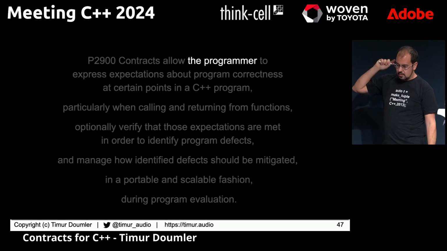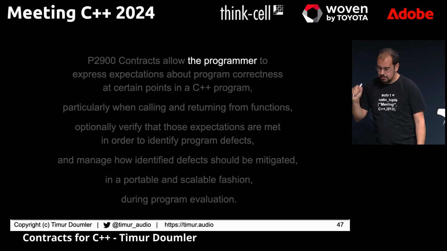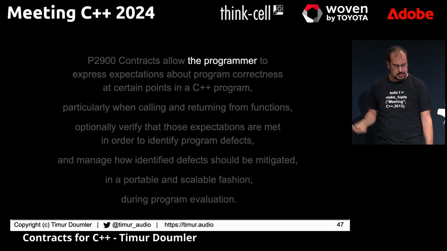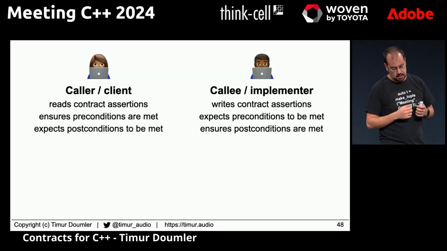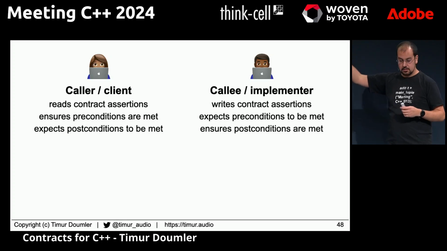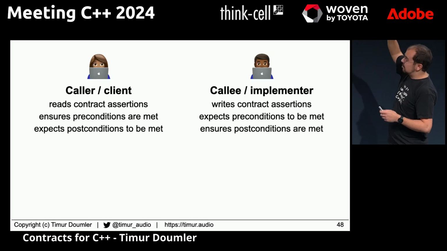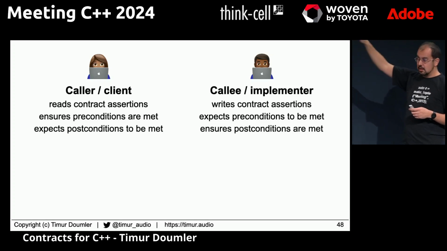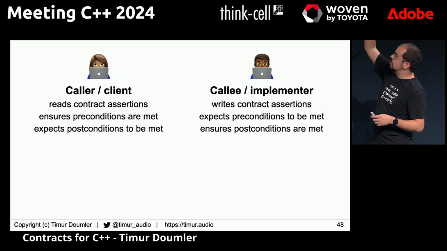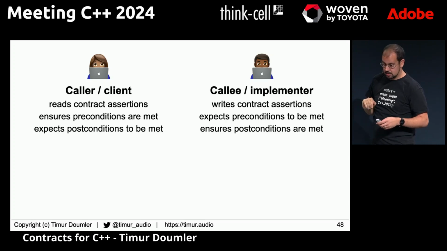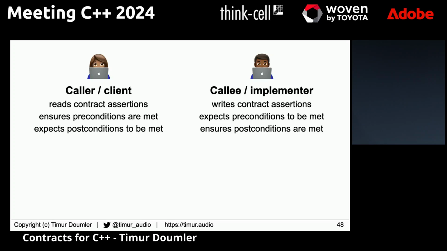So we said here that P2100 allows the programmer to express these expectations and do these things. So who is the programmer? It turns out, actually, that there's quite a few people here. There is the caller of the function, the one that is responsible for setting up the preconditions and making sure they're met. There's the callee, that might be a completely different person in a completely different company, implementing the function, who must ensure that the postconditions hold. And then on the flip side, the caller can expect that the postconditions hold, and the callee can expect that the preconditions hold. But if you're talking about what this code should actually do, there is actually a third person,